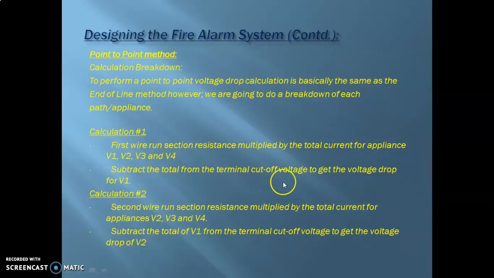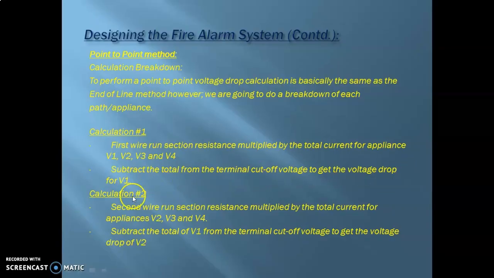Subtract the total from the terminal cutoff voltage to get the voltage drop for V1.